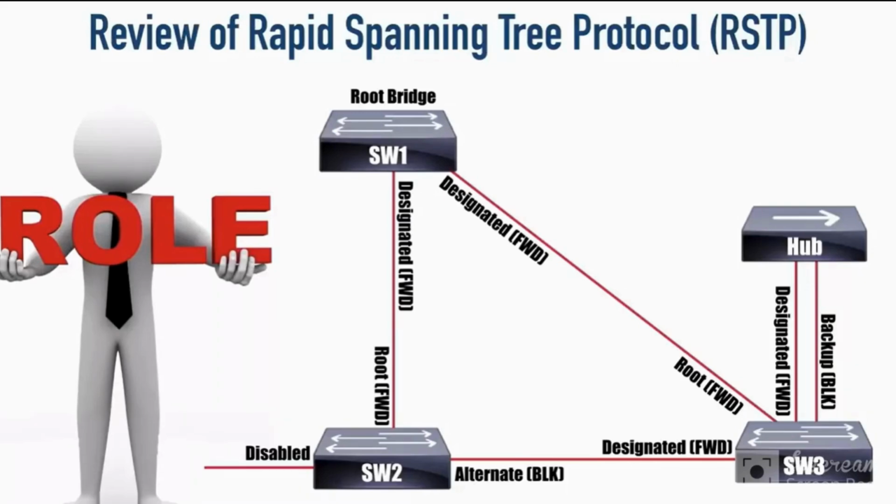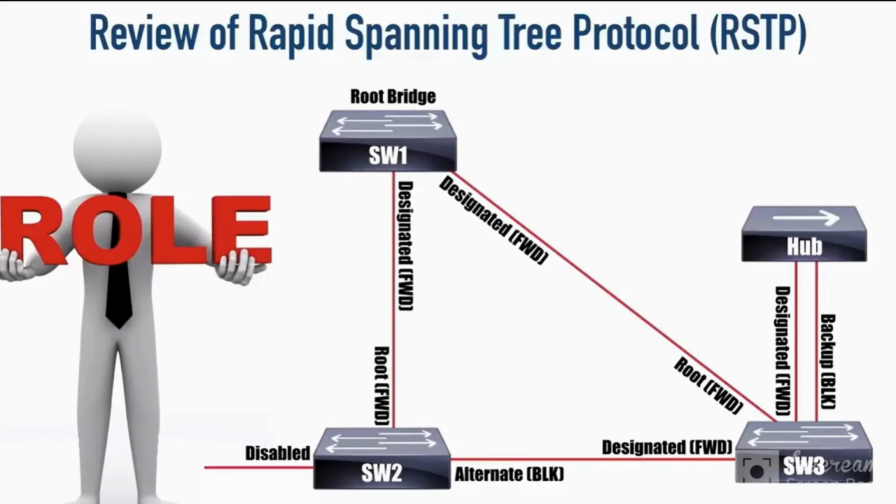However, we have a couple of different types of blocking ports. We have an alternate port and we have a backup port. Let's make sure we understand the difference between those. Take a look at that link between SW2 and SW3. Notice the end on SW2 is a blocking port, but it's an alternate port, whereas the link on the right-hand side of SW3 going up to the hub, that's also a blocking port, but it's a backup port. The difference is we're connecting to a hub with the backup port, and we're connecting to a switch with the